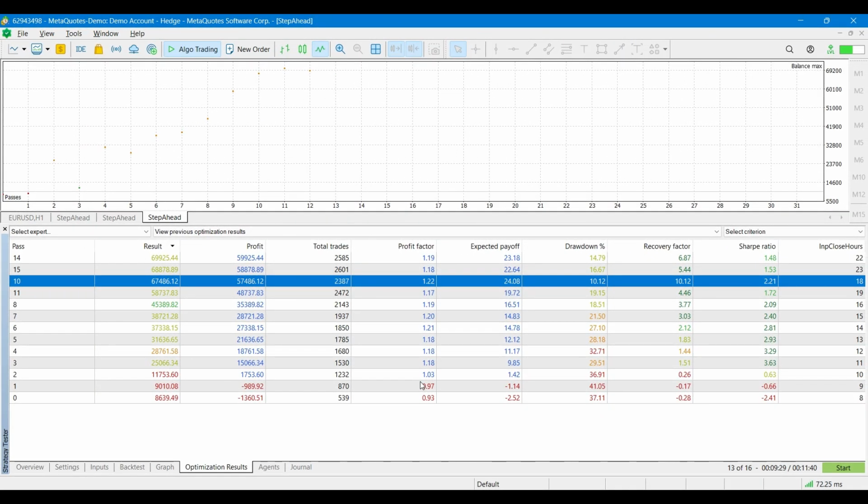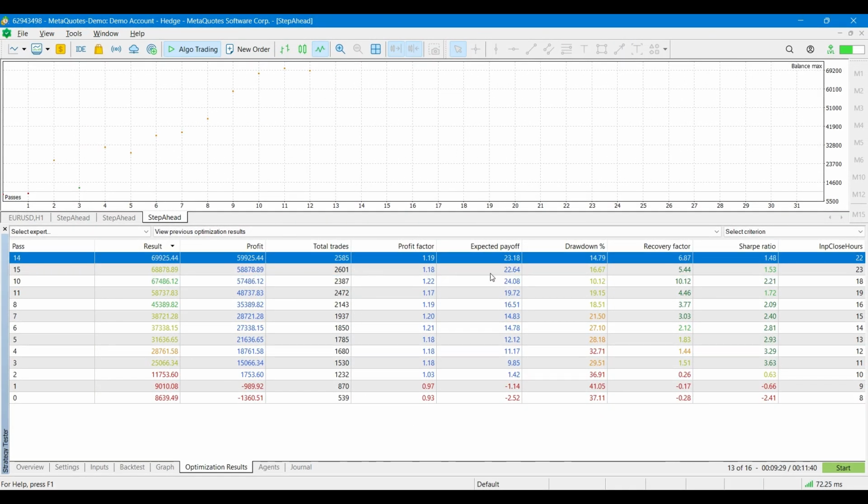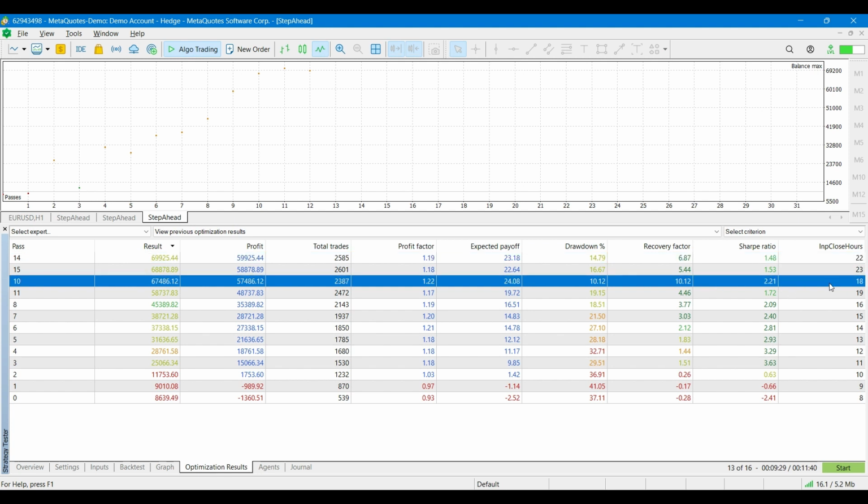Well, the optimization of the closing hour has now finished. As you can see, the best result is to close about 22 hours, so late in the night. We have a better profit versus if we take, for example, the initial parameters, which were about 18 hours